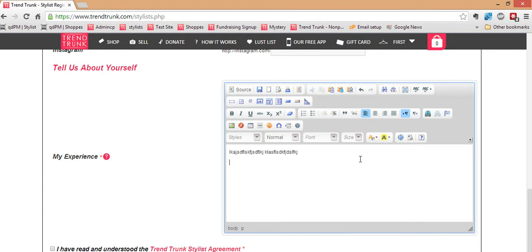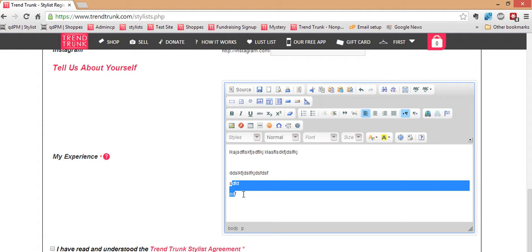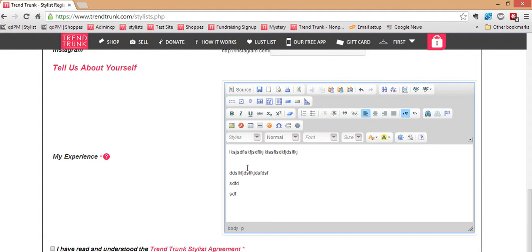As you're typing and you hit enter to make a new paragraph, know that there actually isn't a space here. You can see that there's no space between the words. So if you were to save this, you wouldn't see a space between the two. So it's important that when you make a paragraph change, you enter twice, so that there's a physical blank space here. For example, you can see that there's a space here, and then it looks like there's a space between these words, but there won't be, and I'll show you that when I preview my